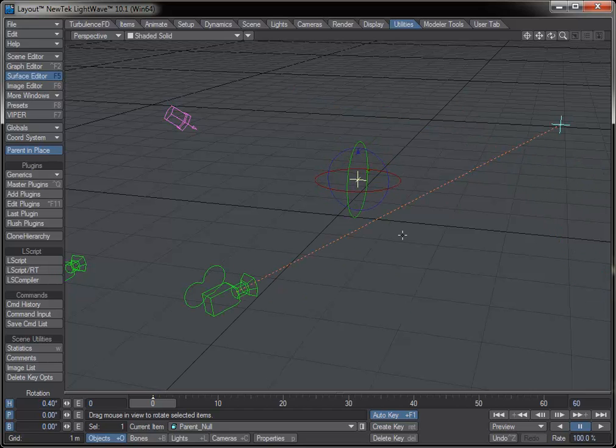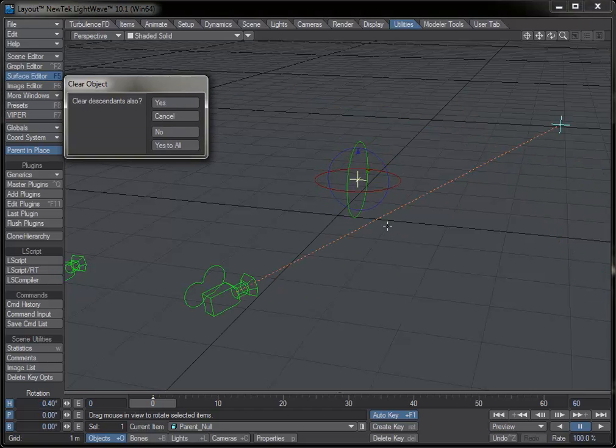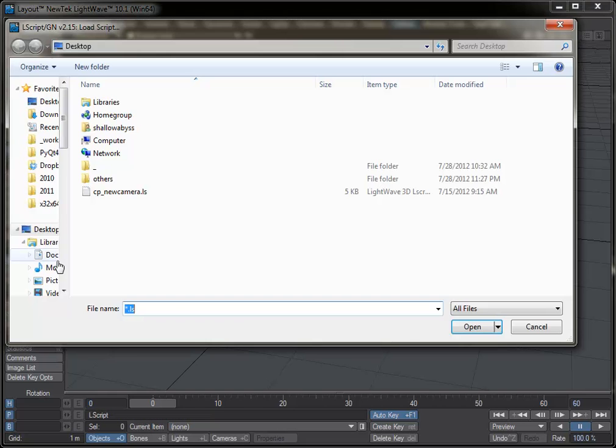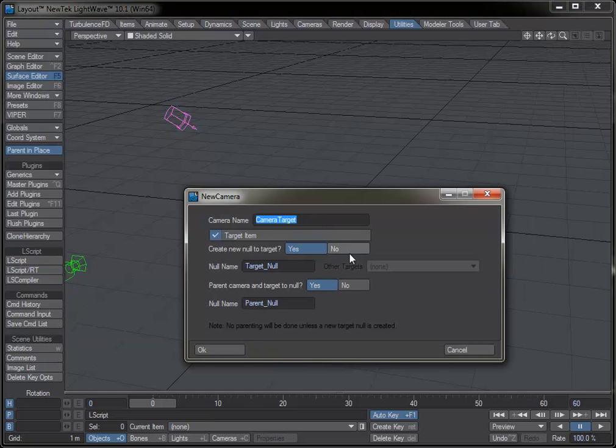Now, one thing to note is that if you were to run the script again and you tell it to not create a new null for a target, and you don't choose anything else for it to target, or if there was another object that you were telling it to target, this parent null option will not work. It is basically not going to create a null for this camera because there's no reason to create one,